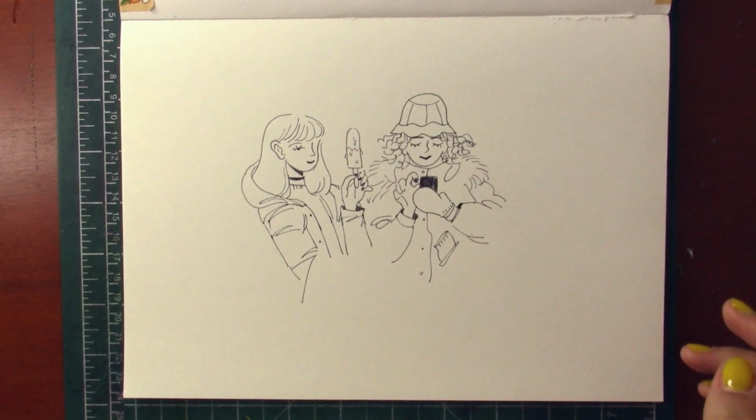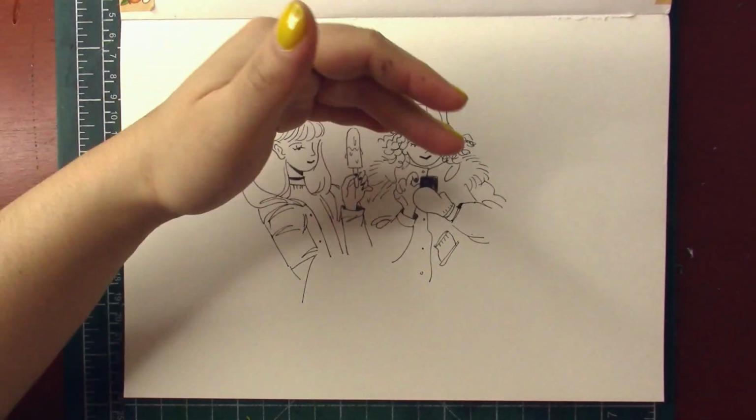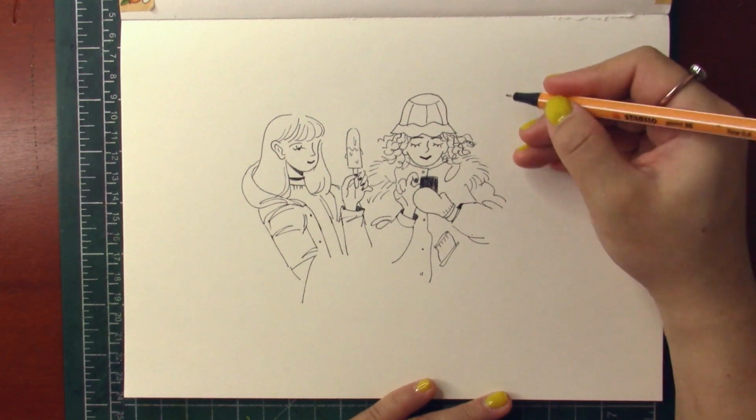There you go. Okay. I've already set my sketchbook up, so I can't move it around. Sometimes I like to turn it over and all that kind of stuff. So what else should we draw? Let's draw